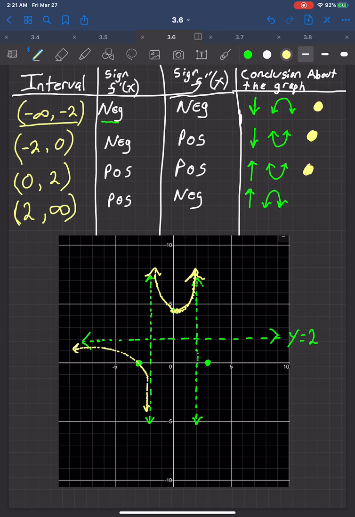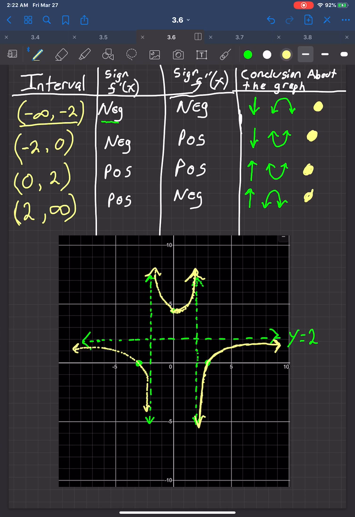Now the last interval is what happens as x goes from 2 to infinity. All right, well, it says I should be increasing the whole time, but concave down. So in that case, I'm going to be increasing. Let me go through the intercept. I'm concave down, but I'm still increasing, and I'm starting to ride that horizontal line. That is the graph. Well, it's the best that I can do with this stylus,